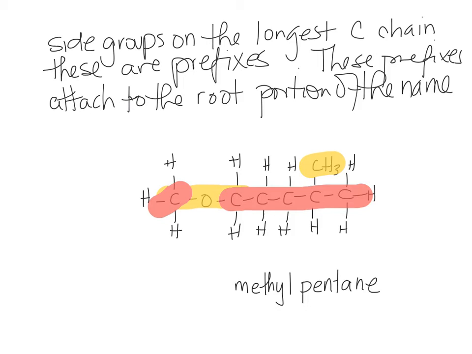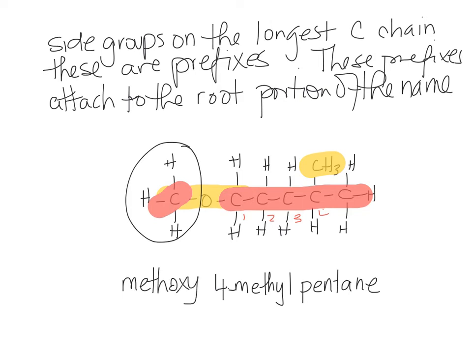And to identify the carbon that the methyl group is on, you start counting from the O. So we've got 1 carbon, 2 carbons, 3, 4. So this is 4-methylpentane. That's the longest portion of our carbon chain. And then this final portion is the very first prefix, and that is our oxy group. There's 1 carbon, so it is methoxy. So this methoxy group is attached at carbon number 1 on the main chain. So this is 1-methoxy-4-methylpentane. So let's see if you can draw